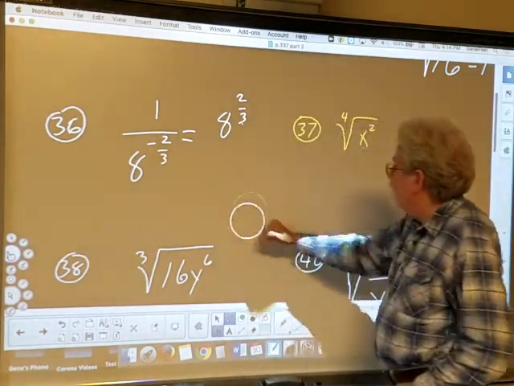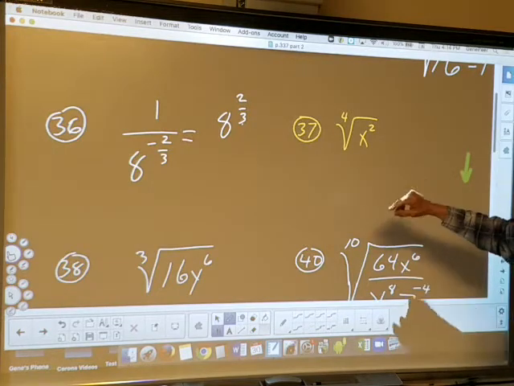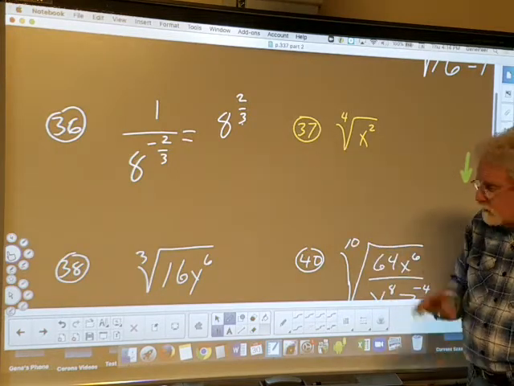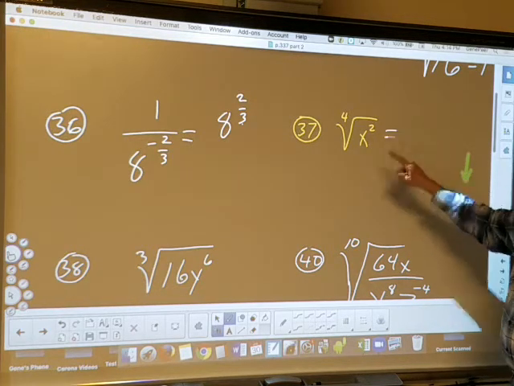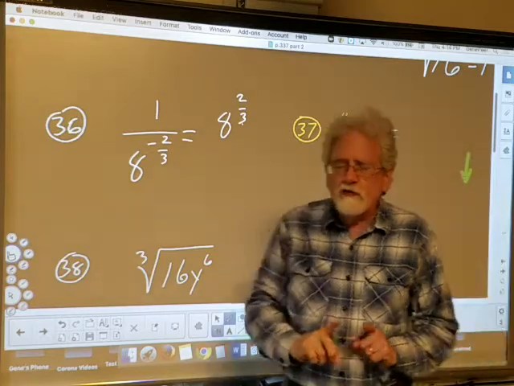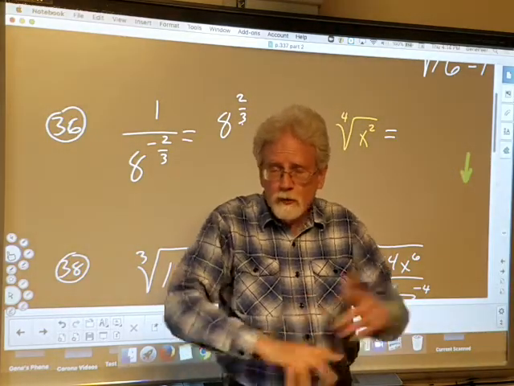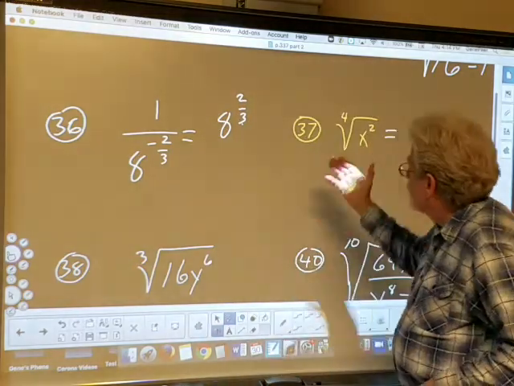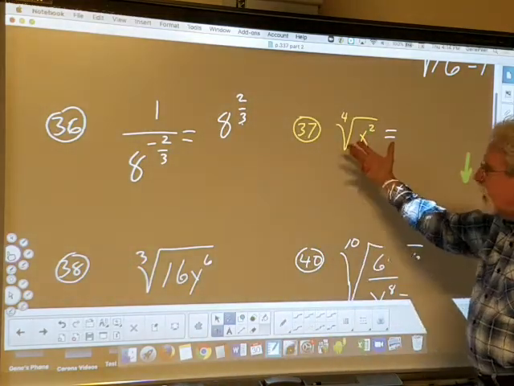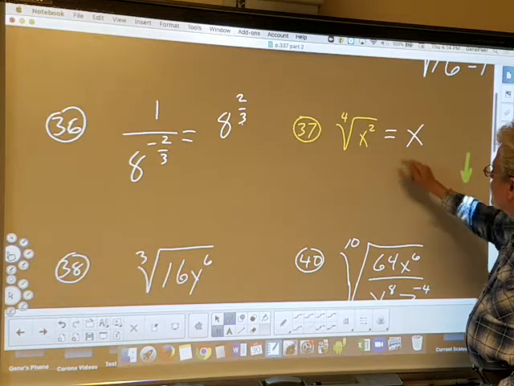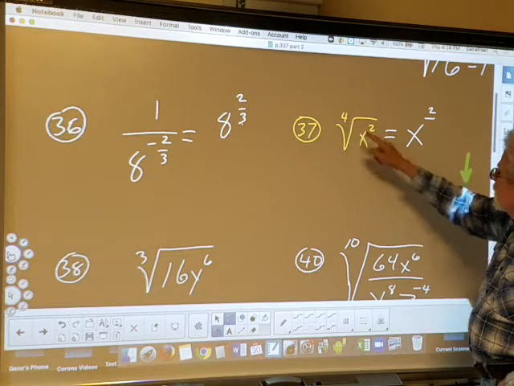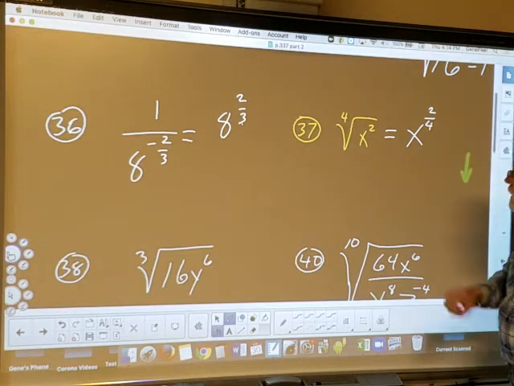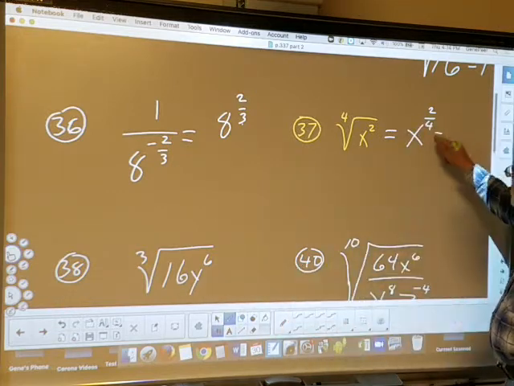Number 37, not assigned. The odd problem's not assigned. I tried to remember to put all the unassigned problems in yellow to make them stand out. The idea here is we borrow fractional exponents long enough to simplify this thing and then put it back in radical form again. So what do I mean by borrowing fractional exponents or rational exponents? We'll write this as x to the power becomes the numerator, the index becomes the denominator. But then, yes, we can reduce 2/4 just like you used to do back in 3rd grade. That becomes x to the